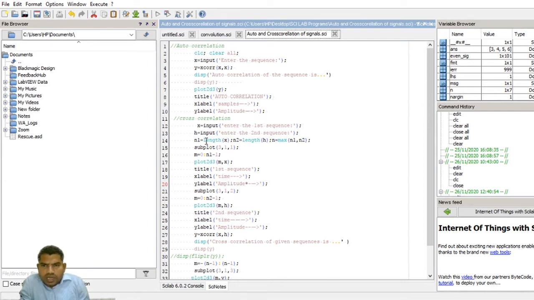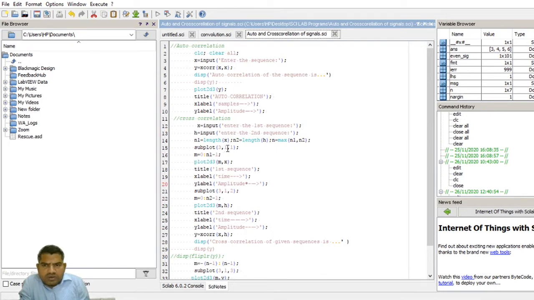Now n1 is the length of x, n2 is the length of h, and n is the max of n1 and n2. That means if my x input sequence has 4 points and the h input sequence has 5 points, the output sequence length is the maximum of n1 or n2, that is 5 points.